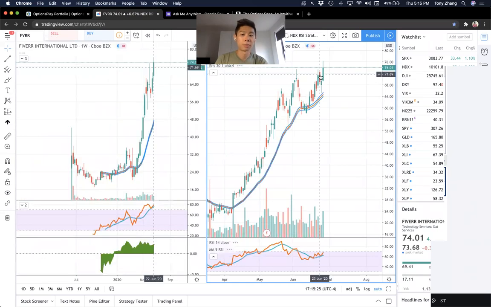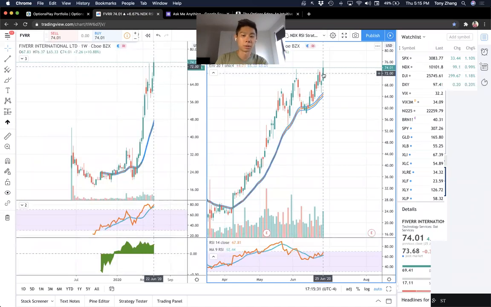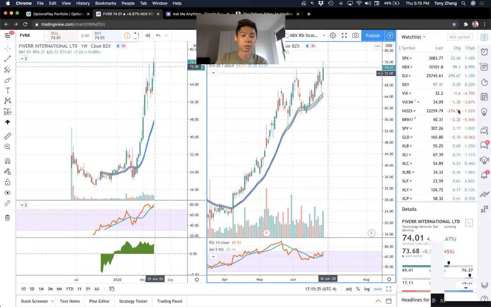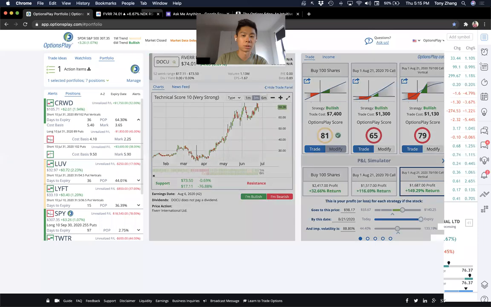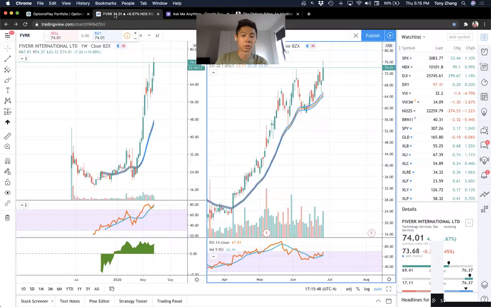So it looks like you did get that breakout here today. If you can sustain this level above that 70, 72 level tomorrow and maybe retest that as support, that might be a good long here. But small cap stock, be very careful. I think that you might have trouble trading the options on that. DocuSign, very strong stock. DocuSign, I think, will continue to be strong.